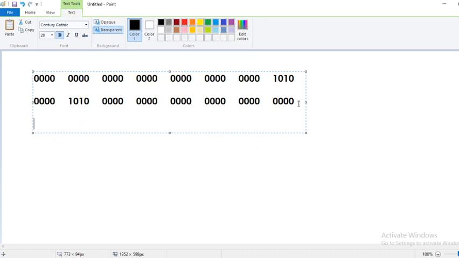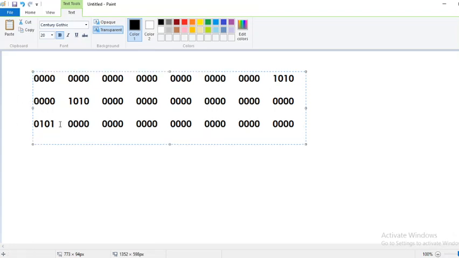So if I reverse bit by bit, it will be 0101, and then the remaining all zeros, because even though I reverse the 0s, they remain as they are. So this is my binary sequence after reverse.